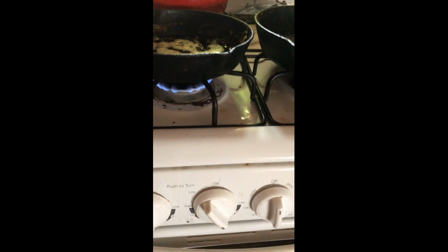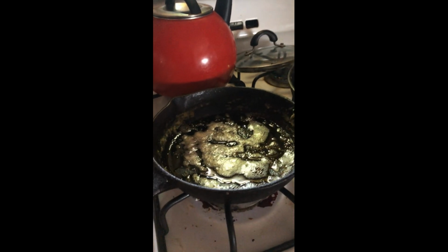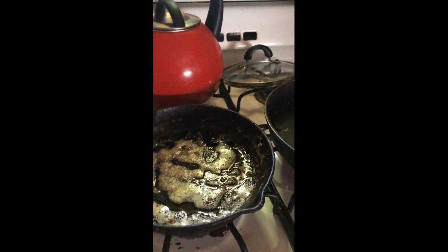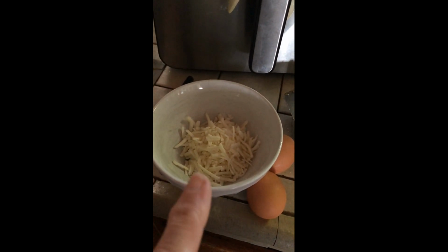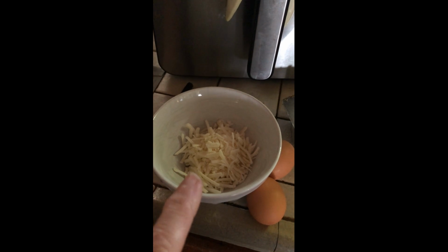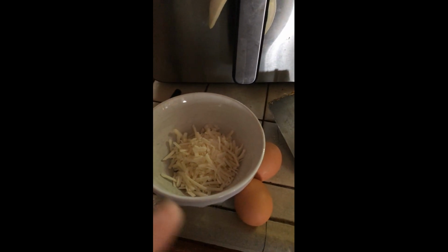Thank goodness for gas stoves and cast iron pans, because I can still cook up anything I want. I'm about to make eggs and cheese, and what I did was I just hurried up and got 2 eggs and grabbed the cheese, put the amount that I want in the bowl, and put everything right back in the refrigerator